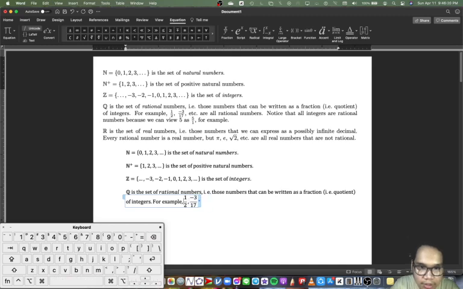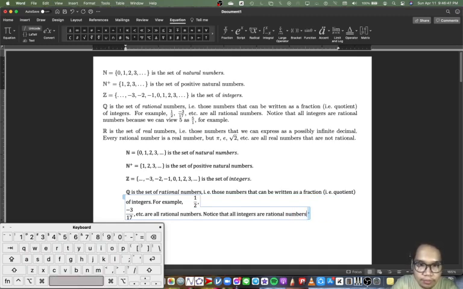Okay, so let's emphasize the space over here. We'll give you that much space. Okay, better. And I will type in comma again. Let's put etc. here. Are all rational numbers. Okay, notice that all integers are rational numbers because we can view 5 as,